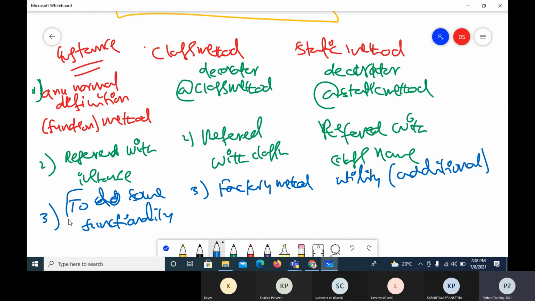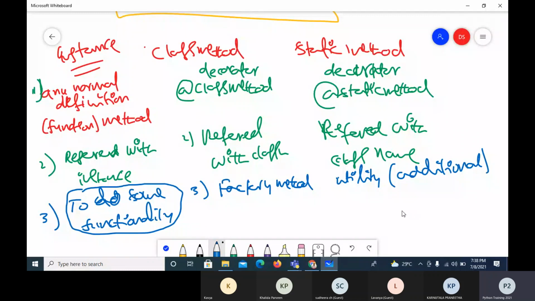This is compulsory. The instance method is the one used to provide some facility which is a must with the object or entity. This is not a must, but you can provide some additional, utility, add-on facility to the class. So it is not that important, and this is a factory method.